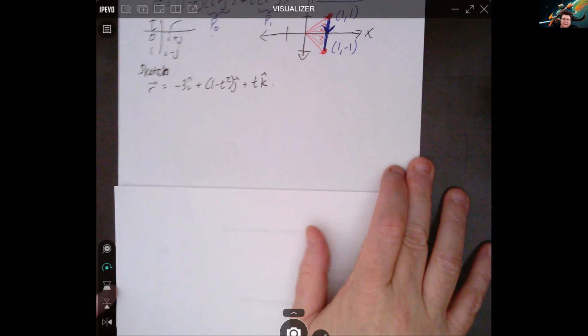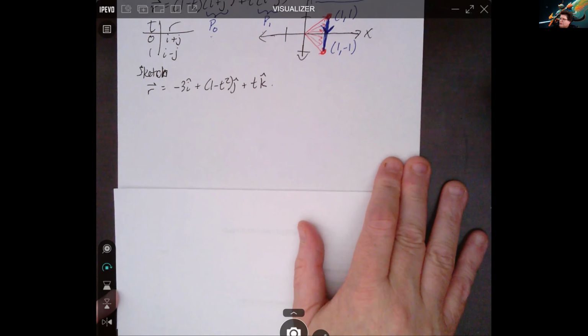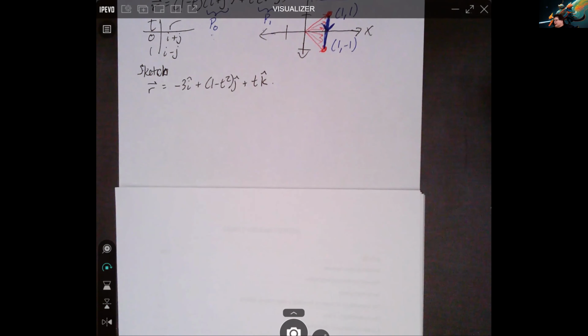Now let's up our game and sketch this. Go ahead and give this a try. I would recommend trying to do it with the parameter first. Don't try to switch to x, y, and z, but we will verify that afterwards. Or we can walk through it together and you guys can tell me what to do. I see people trying. Let me just give you guys some time.